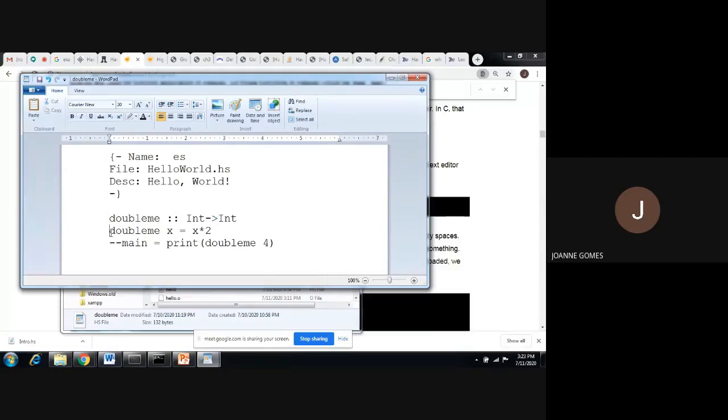The function body, what we can say in other languages, double me, it will take one variable x equal to, now instead of writing x plus x, I have written x into 2. You can say x plus x also, no problem. Okay. Now, don't write this line, I have commented this line, and save your file, whatever is your function name, save file with the same name.